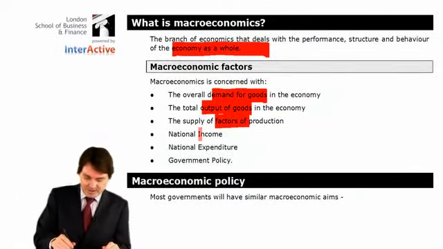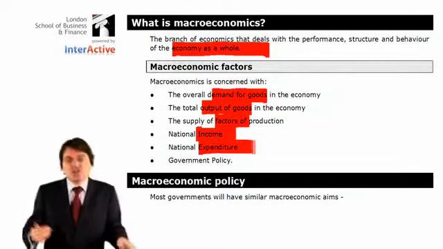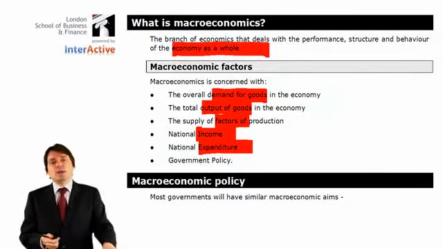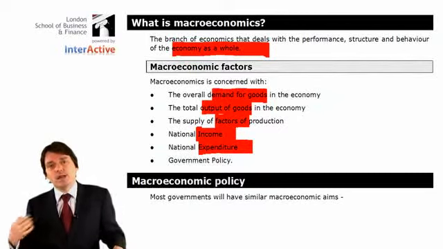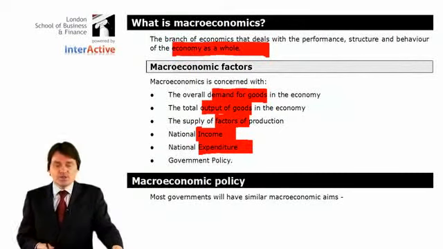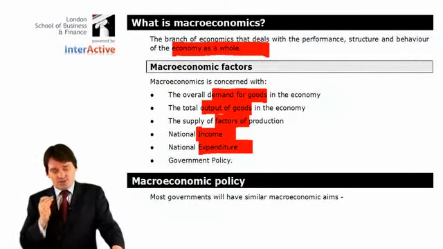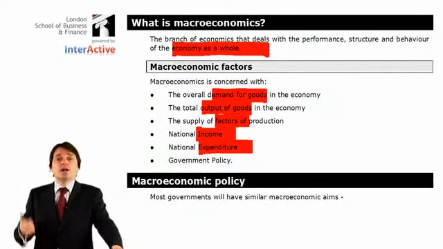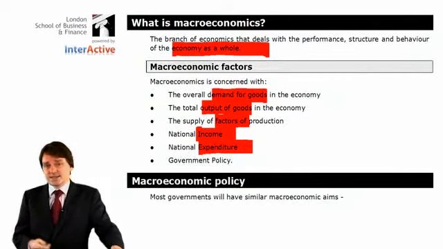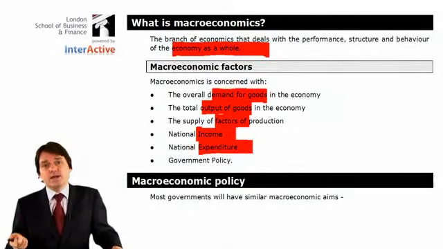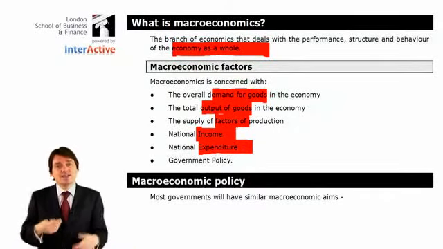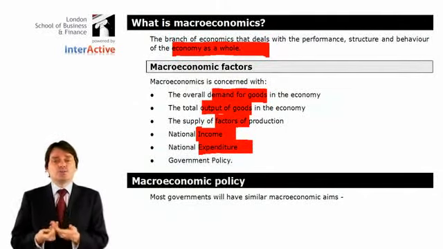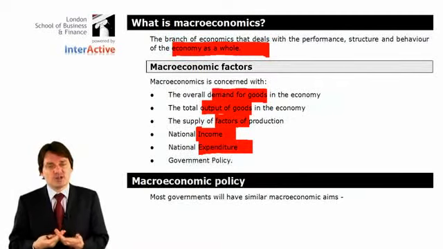National income and expenditure. National income, where do we get money from? National expenditure, what do we spend money on? Now, oversimplifying things, but a good way at least to think initially about income and expenditure. Income is what we raise from taxes, and expenditure is what we spend it on. It is more than that, because it's not just the government. It could be I perhaps earn some money from abroad. That's part of the national income.